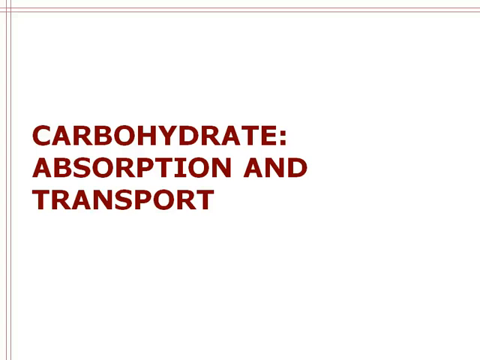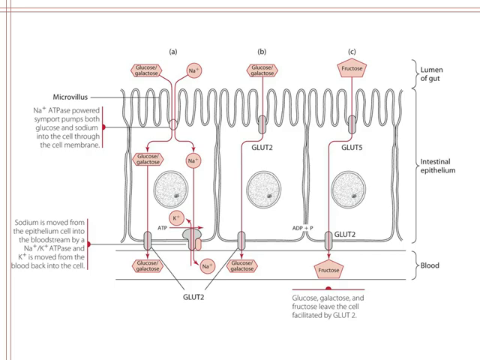Now that we've looked at digestion, how the body breaks down larger carbohydrates into those smaller monosaccharide units, we'll look at how those units are absorbed and transported through the body. So remember when we're talking about the transport of carbohydrates, primarily we're talking about those three monosaccharides of glucose, galactose, and fructose. Of those three, glucose is the most abundant, and so it has the most significant implications, but all